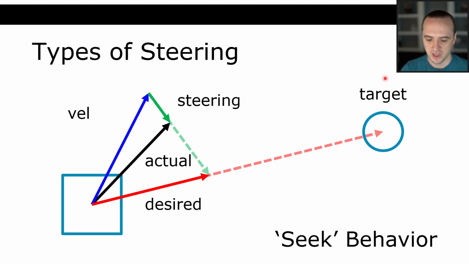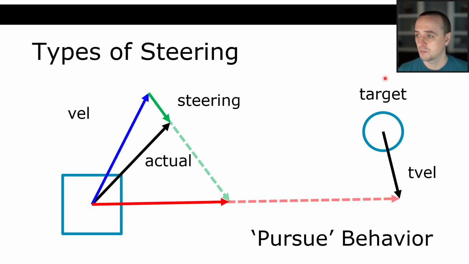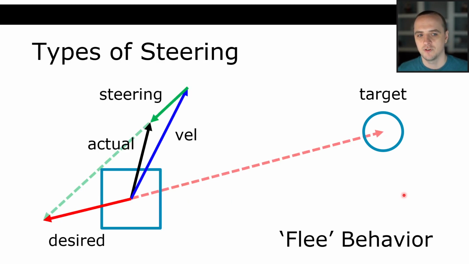If you actually want to catch up with something, you want to go to where it will be, not where it is. And so there's another type of steering called pursuing behavior. If you pursue, then you're trying to estimate where the target will be and then head in that direction. So here, if we somehow know the target's velocity and we add that target velocity to the position, and that becomes our new target, that is called a pursue behavior. So that's another type of steering. Finally, we have a fleeing behavior. You can use steering to run away from things as well.